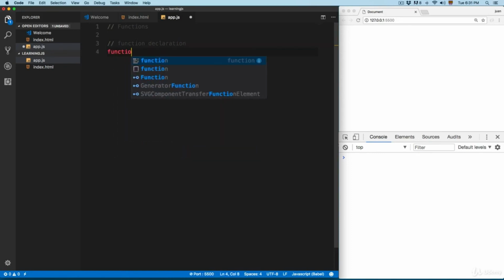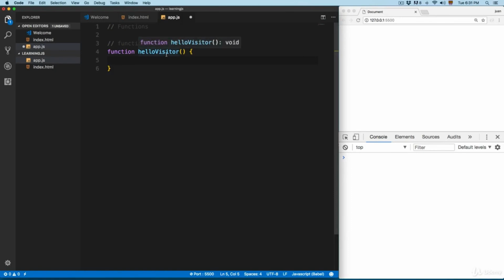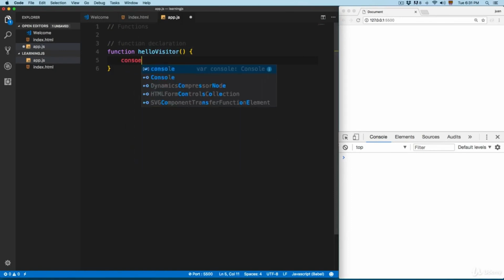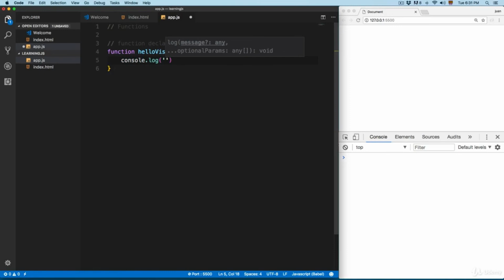So you add the keyword function like this. This is a keyword that exists on JavaScript, and this will tell JavaScript that we want to create a new function. So we're going to add hello visitor. Then you open a parenthesis, and then you open the curly braces. Everything that is inside the curly braces is going to be the body of the function. So you can add something like this, console.log, and you can send a message, hello and welcome to our website,